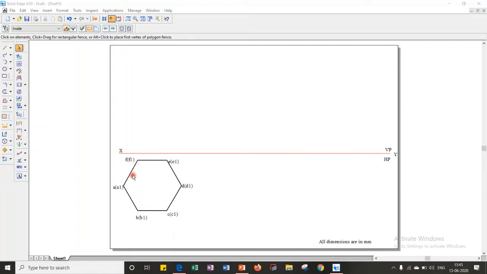Since it is a prism, this point corresponds to a top corner and a bottom corner. The bottom corner we'll name A1 and the top corner will be A. When you observe from the top side, bottom corner A1 is not visible, so we'll write it inside a bracket. Similarly, at the second point, B1 is the bottom corner, which is not visible, therefore inside a bracket. Similarly, here C is the top corner visible point and C1 is the bottom corner not visible. Similarly, the remaining 3 points. After that, we'll locate the center using a thin line.